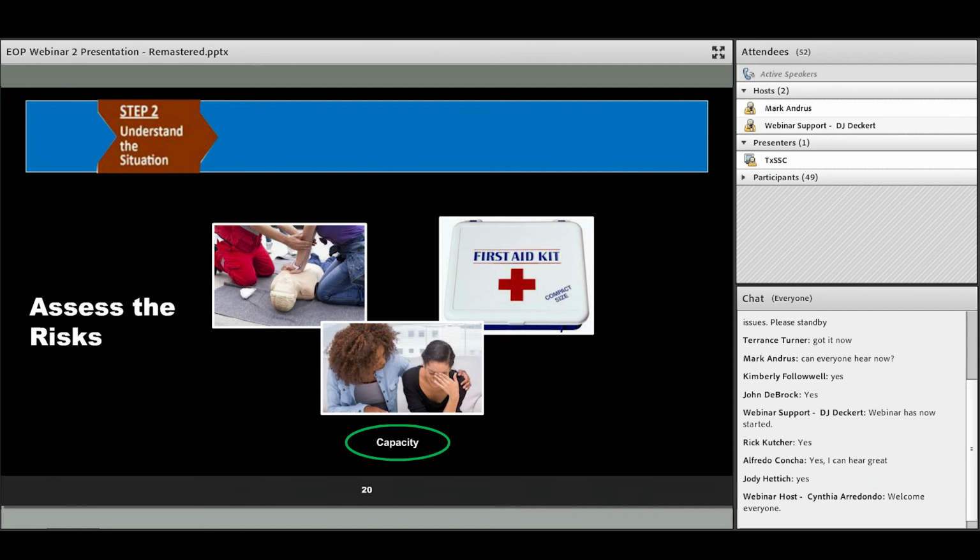Resource inventory and typing. If you need a piece of equipment and your district doesn't have it, you may need to know where you could obtain that information. And then FEMA has a whole list and a whole program of typing different types of resources, so that if you need a dump truck, they're going to say, what kind of dump truck? You need something that just carries a couple of yards of material, or do you need an 18-wheeler that's a 14-yard, 20-yard dump truck, things like that, so you don't end up not getting what it is that you need.